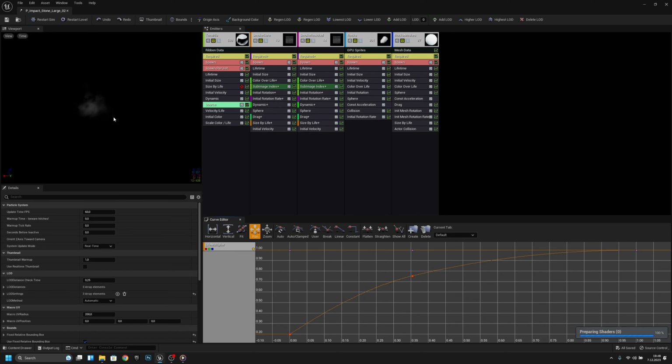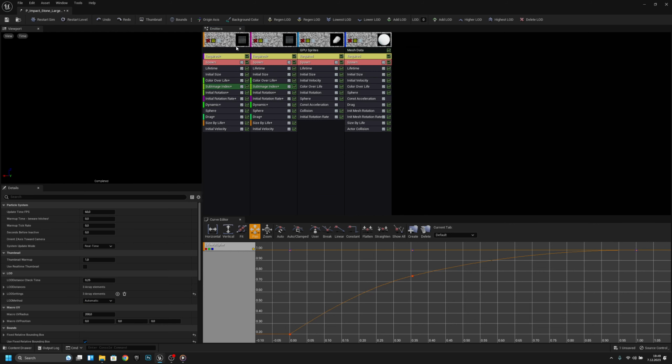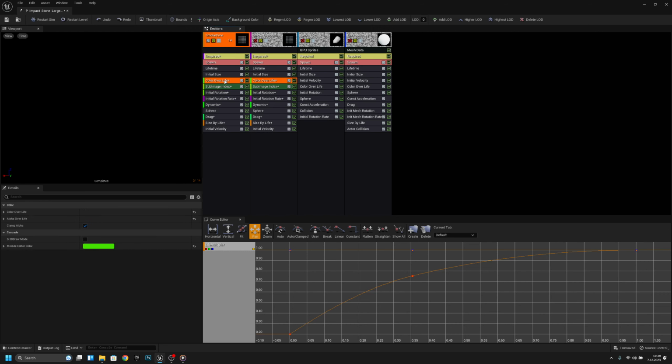So what we want to do, okay, look at that. What we want to do, I think we want to turn that off. And what else? We want to turn that off. So what we want to do, we actually want to remove this 10 drills one. So let's click it and delete, and yes. Now let's add this. Okay, now we can go to the color over life,